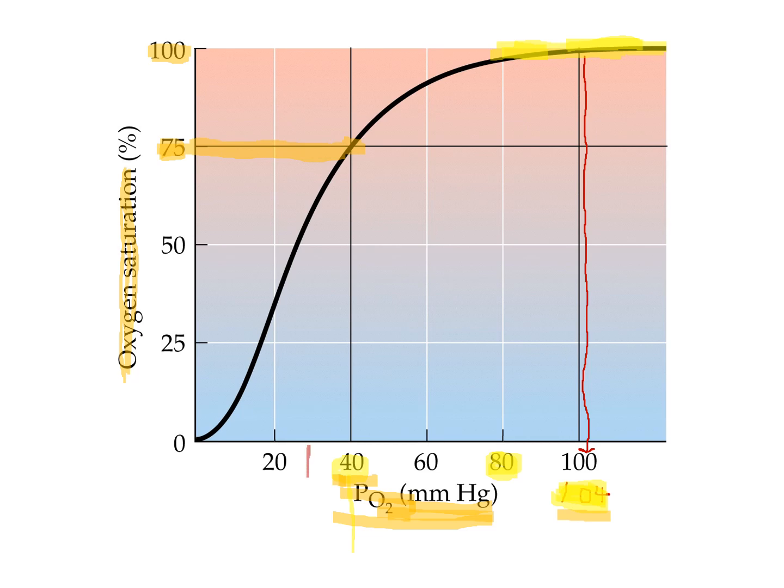But the nice thing is, let's say the PO2 is at 30. The nice thing is, of course, that the hemoglobin, if it gets exposed to a PO2 of 30, will dump more oxygen. How much more? This much more. Let's do it in another color. This much more. Right? We're on a steep slope of the curve. This slope is fairly steep here. There's a big change in the